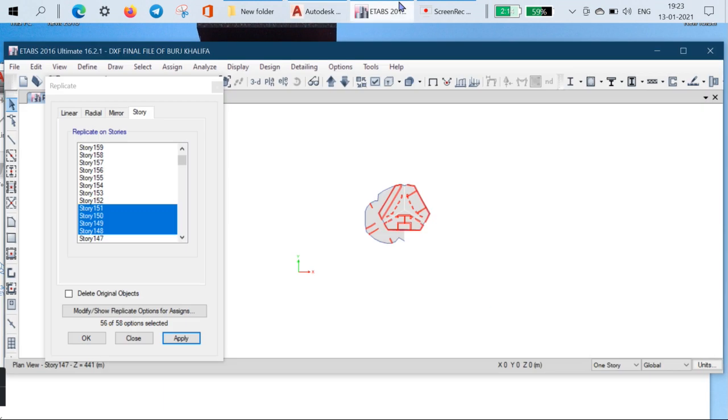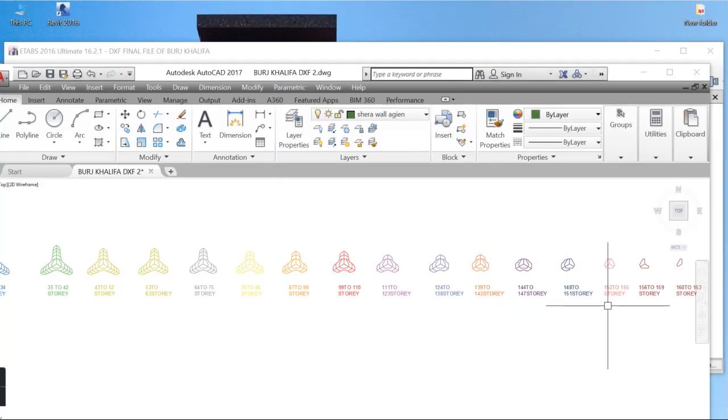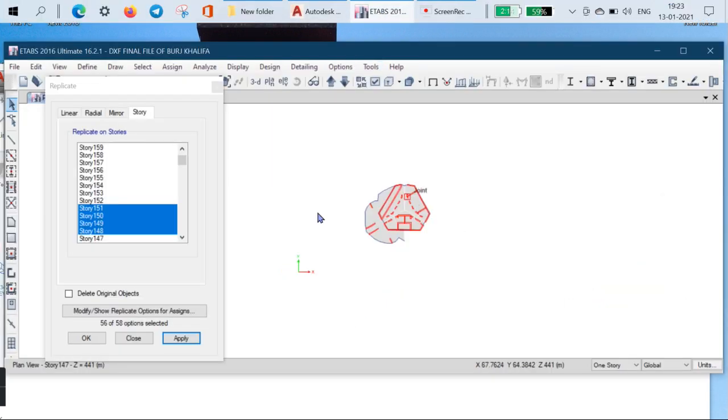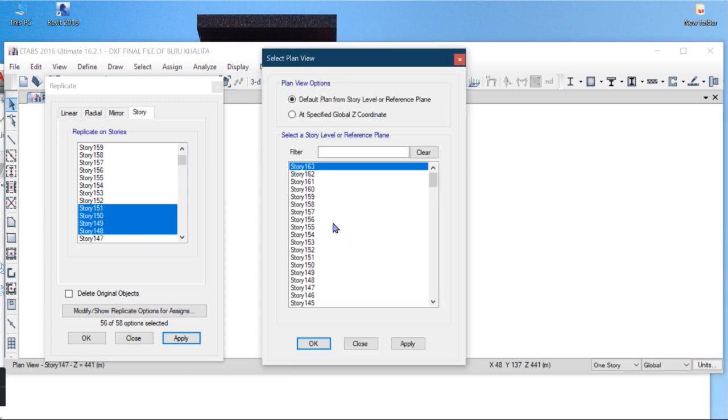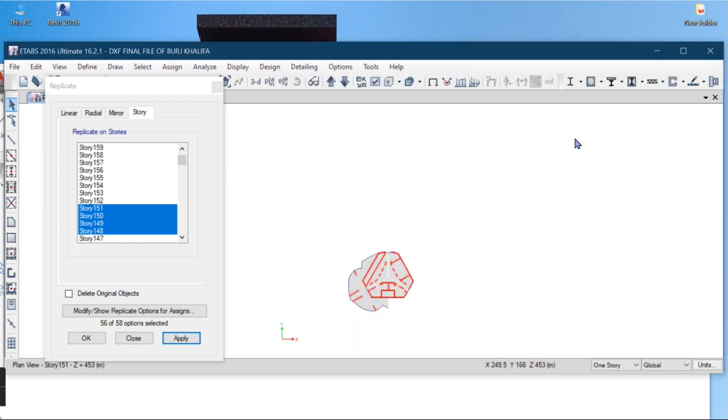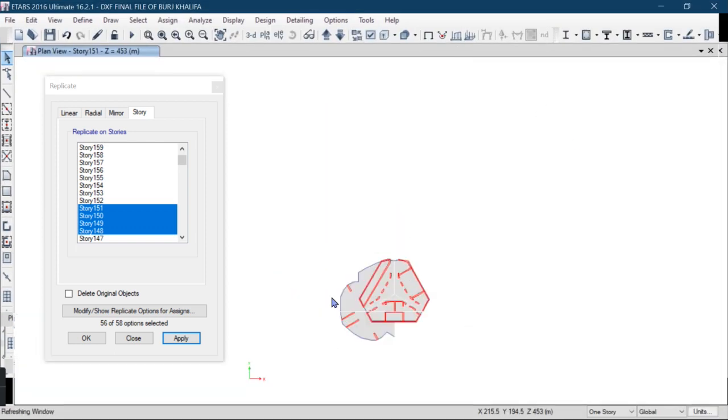152 to 155. Next one you have to remove this part, this side one. So 152 to 155. So go to here from directly to 152, sorry, 151, and remove this part.